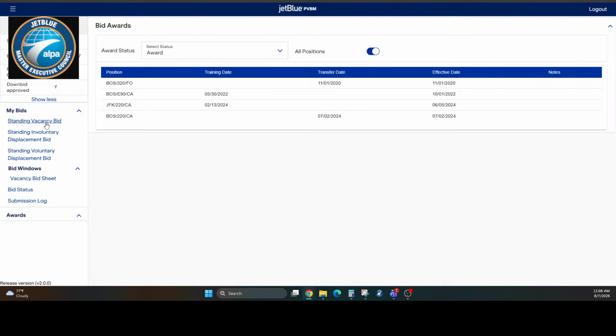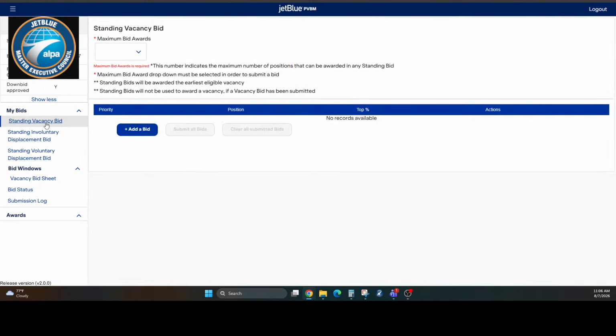So, opening up the standing vacancy bid, mine right now is blank. If you are intending on remaining in your current position, you want to ensure that this standing vacancy bid is blank. Why? Because if you do not have a vacancy bid sheet, but you do have content in your standing vacancy bid, that will